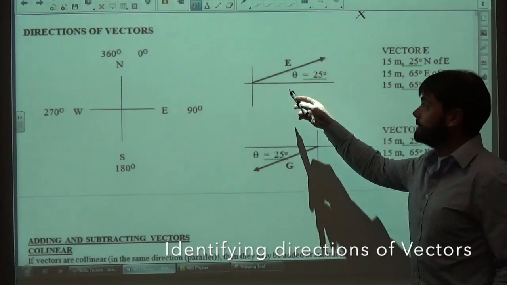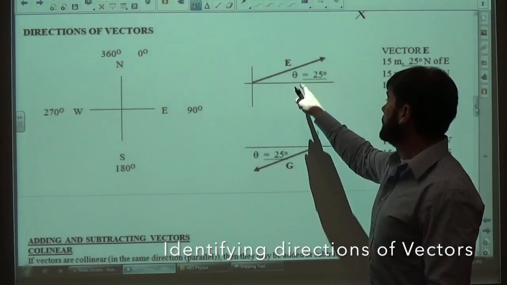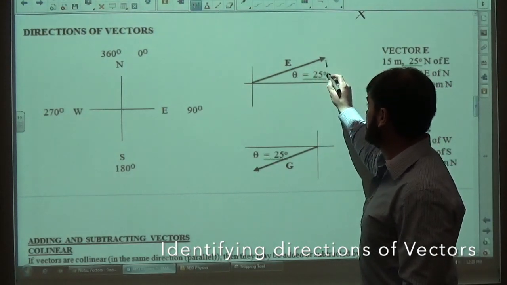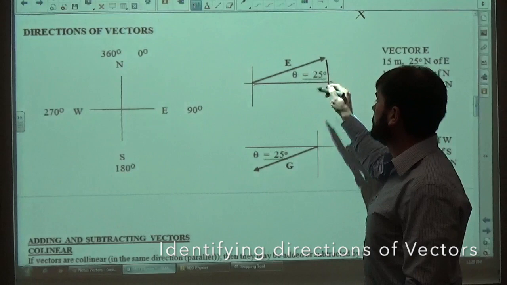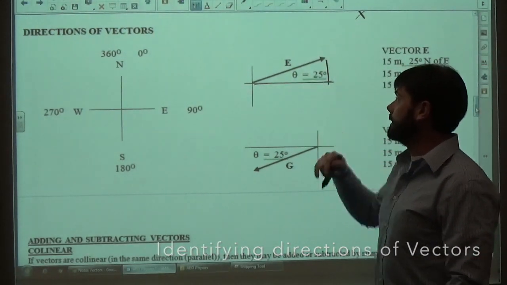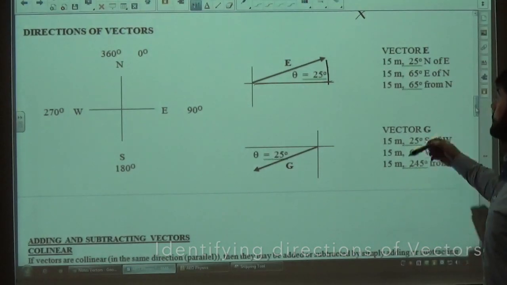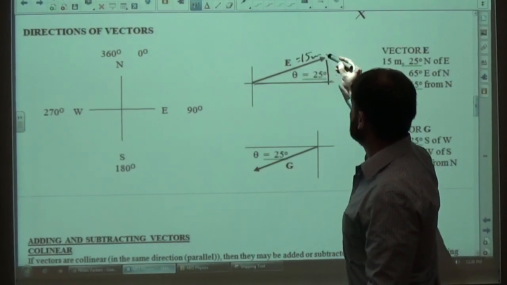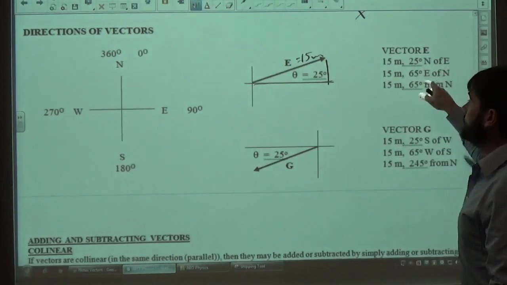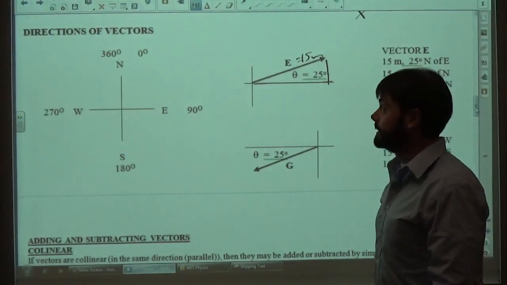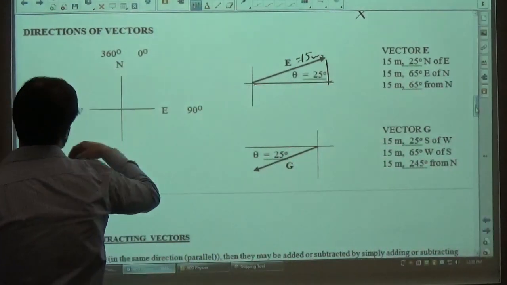So first example, here's a vector E. In the diagram, they show theta to be 25 degrees, assuming that the triangle is drawn this way. We got 25 degrees here, our y would be our opposite, our x would be our adjacent if we knew what E was. So we can say that E is equal to, they give us a value of 15 meters. It's 25 degrees north of east if we're using a 360 degree bearing,